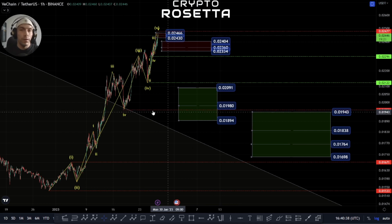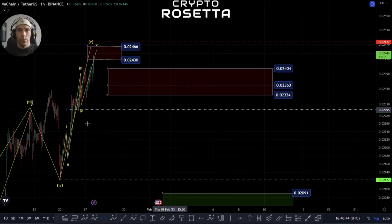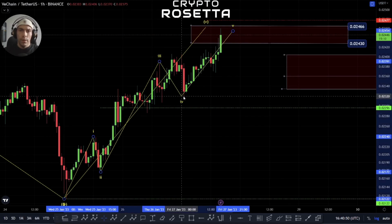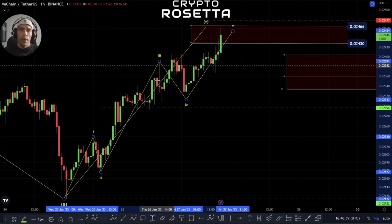So let's get into the price action now. We were talking about this fifth wave to the upside, and we've actually extended up slightly further than I had anticipated. So now we can look at this internal structure here, and effectively, I'm looking at this as a flat correction here, but it is possible there could be an extension in here. And this is a 1, 2, 3, 4, 5 for the 3, and we just have a